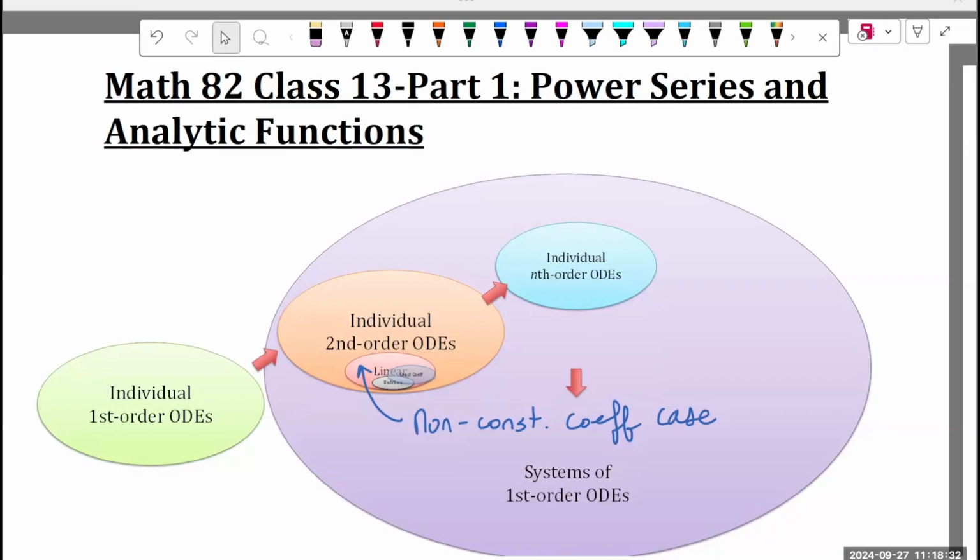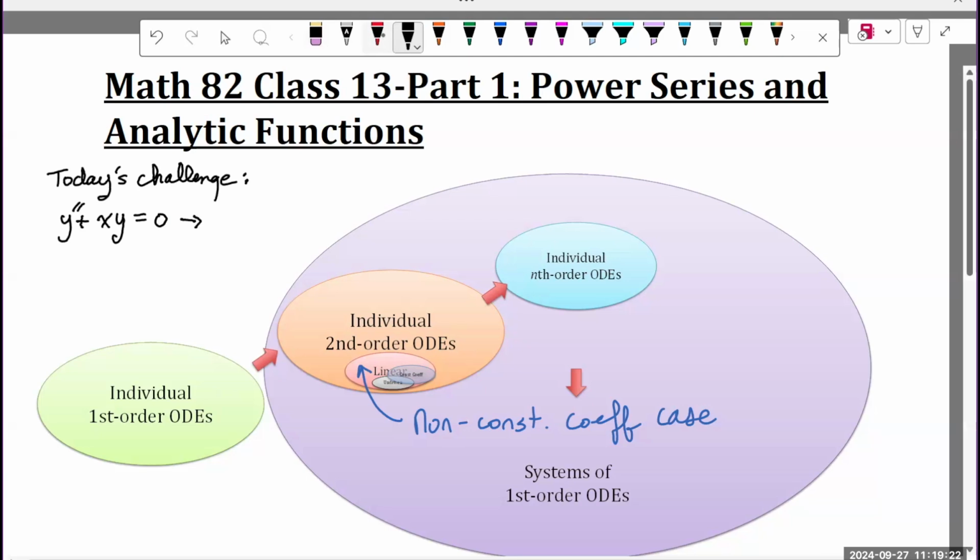Today we will be talking about power series and analytic functions. The challenge for today is to think about whether there are cases in which we can solve an ordinary differential equation with non-constant coefficients. For example, this form of the Airy equation, which by the way has applications in optics and probability and other areas, is a second order linear homogeneous differential equation, which are all good things, but it